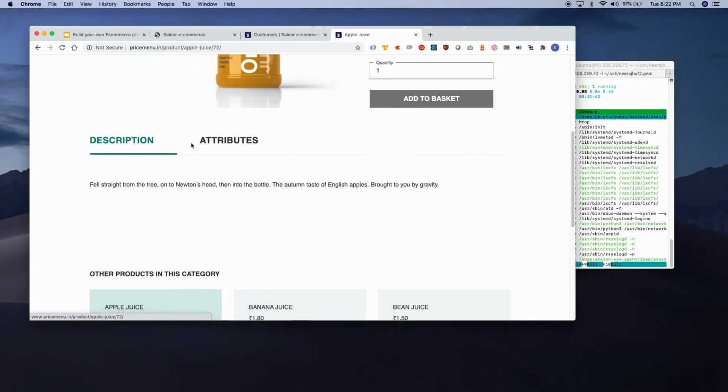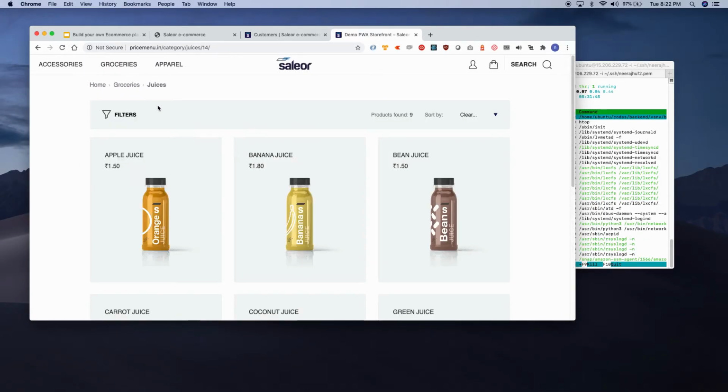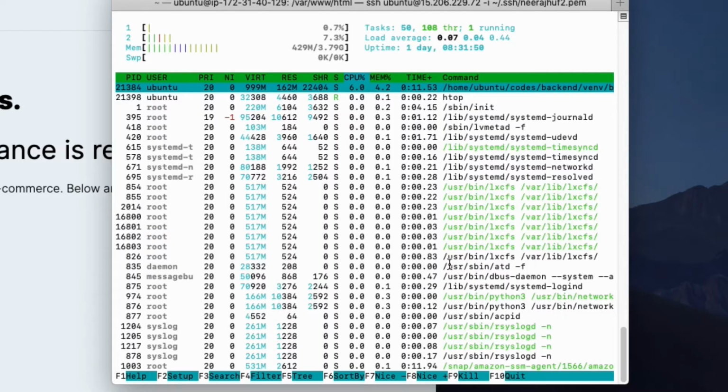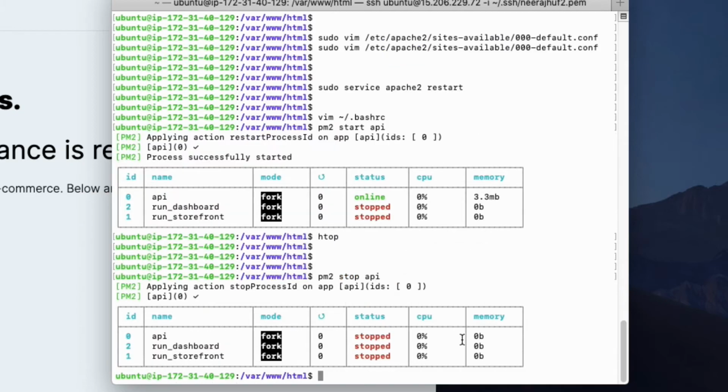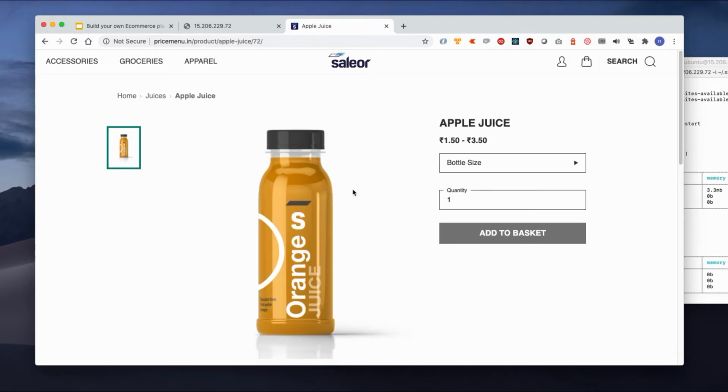I can perform all the functionalities. If I stop my Saleor core service, I will no longer be able to use the website.